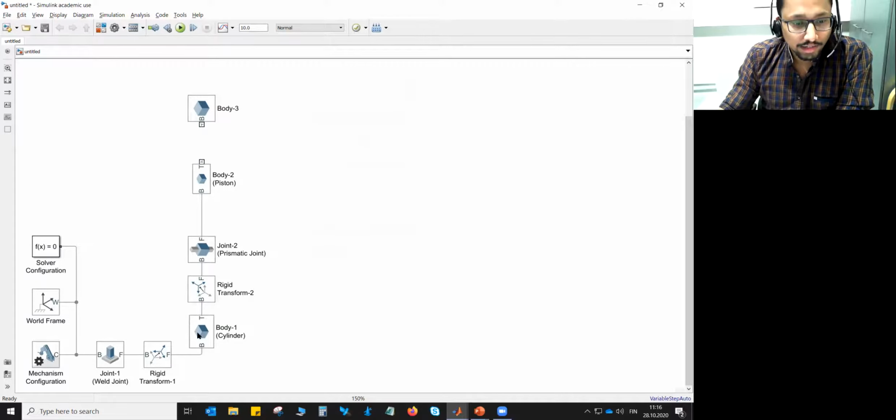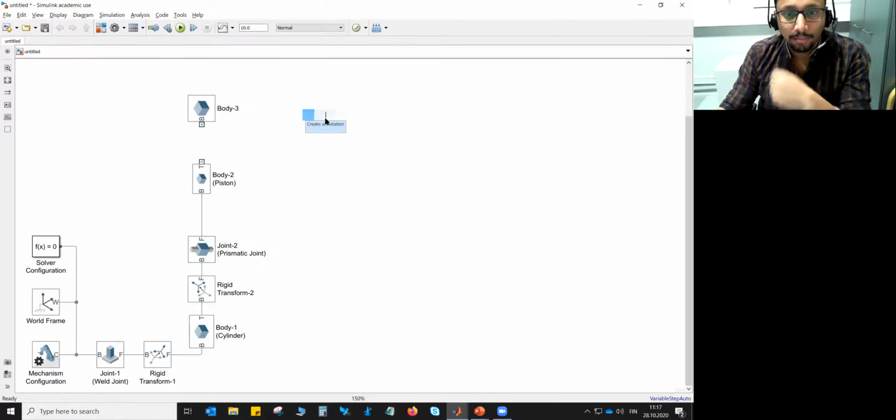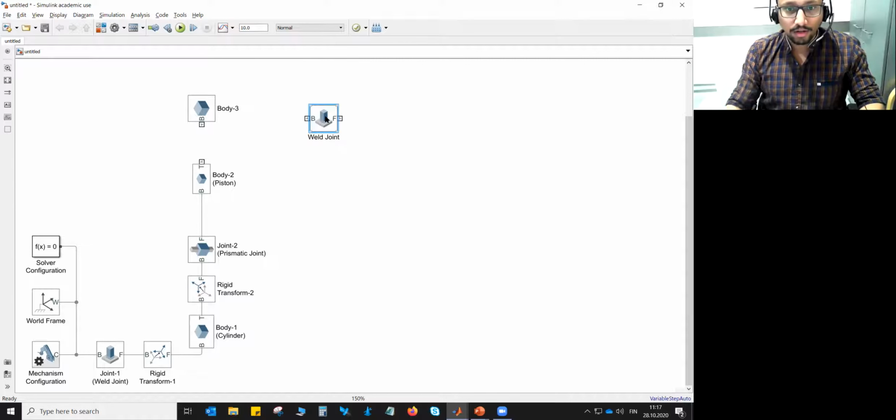Similarly, as for the first body, the connection between first body and the ground, we use rigid transform. Similarly, we will use another rigid transform to make the connection between body 2 and body 3, because body 3 is oriented properly as we want it to be. But before that, let's have another weld joint.